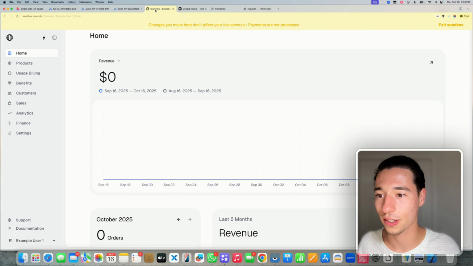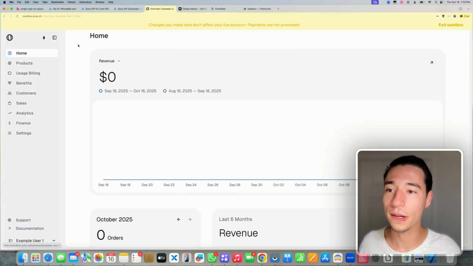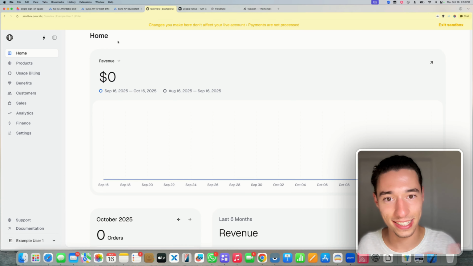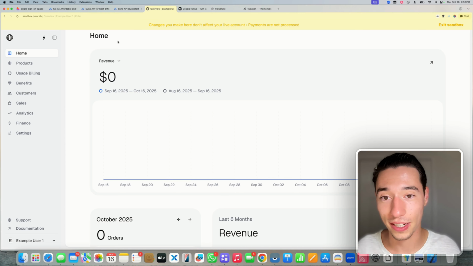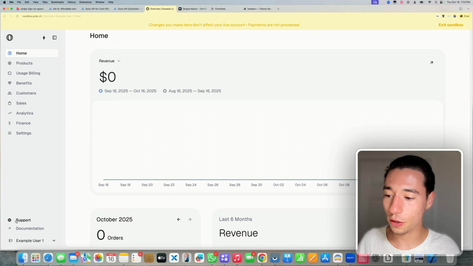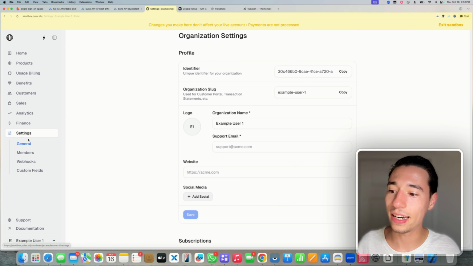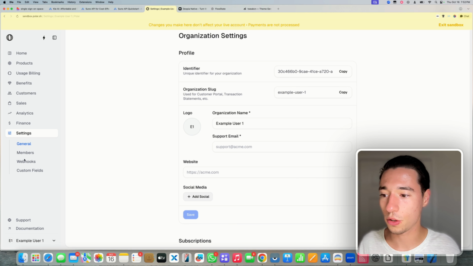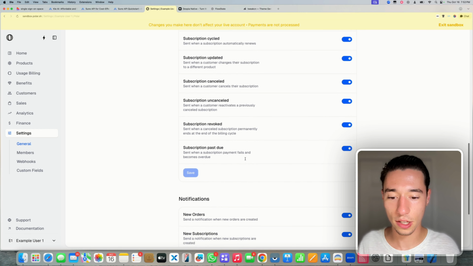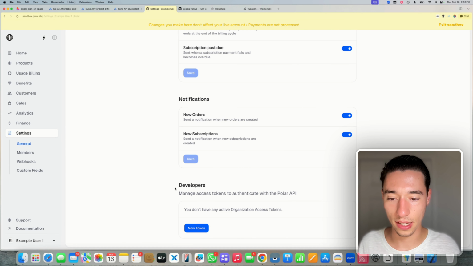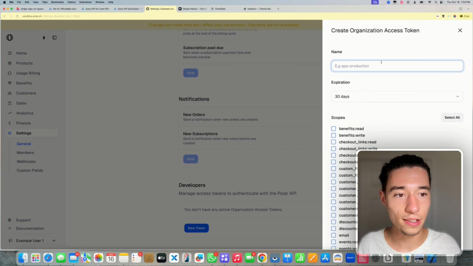That's quite important. So inside of Polar, I'm in a sandbox account, so I can test without showing you my credit card number. But we want to go to settings here. Actually, it's up here now. And under settings, we want to go to the security keys, the secret keys, the tokens. So if we go to settings, general, we go to developers, we add a new token, and I'm going to